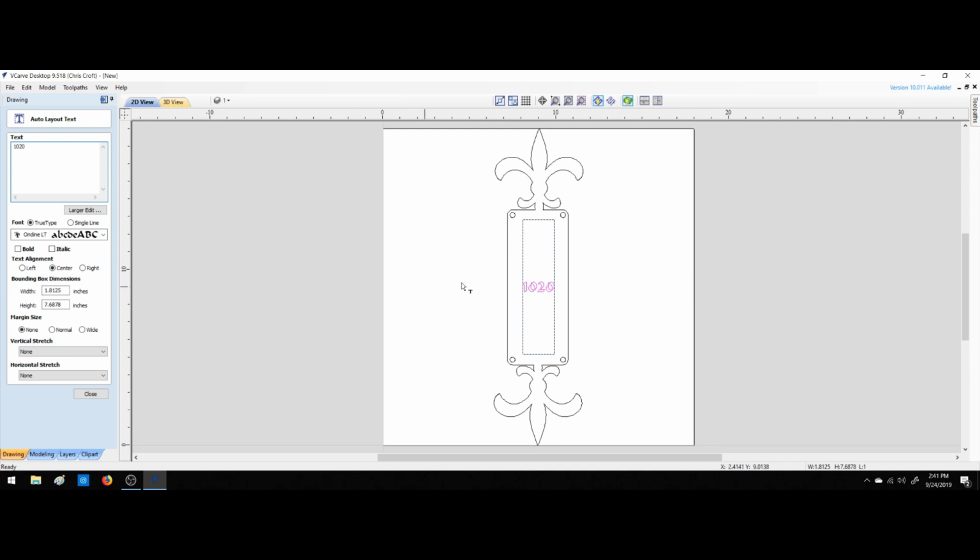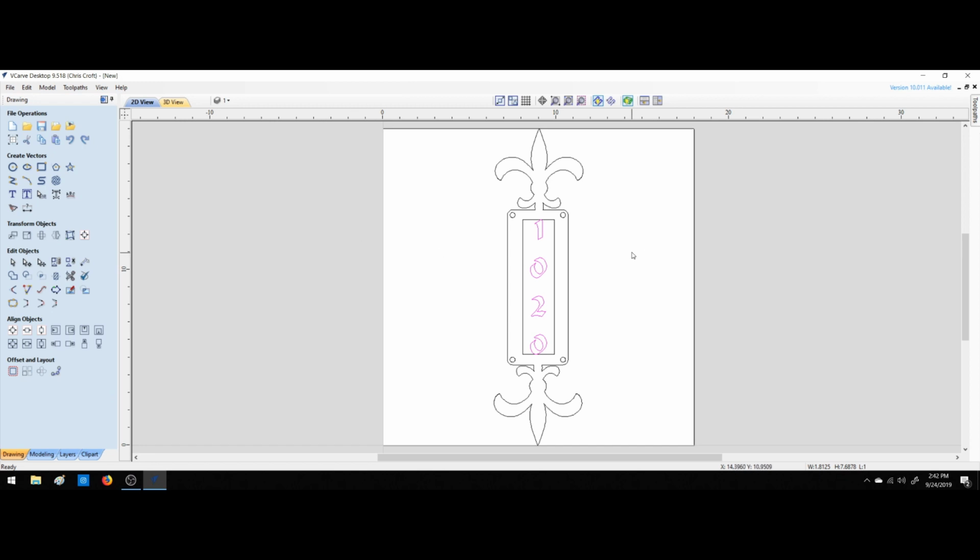So if we type across, that's what you end up with. If you want to do vertical, just hit enter, like so. You can close it, you could change your height and this, that, and the other. I'll close that out. I'll turn it into a vector, and then I'll actually just take that to a new